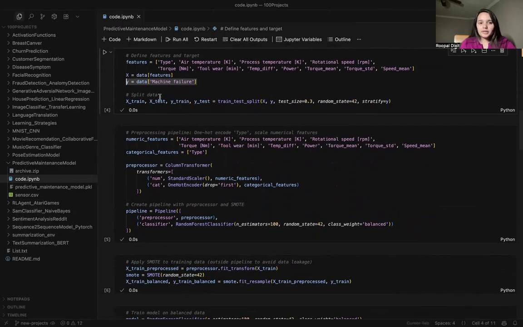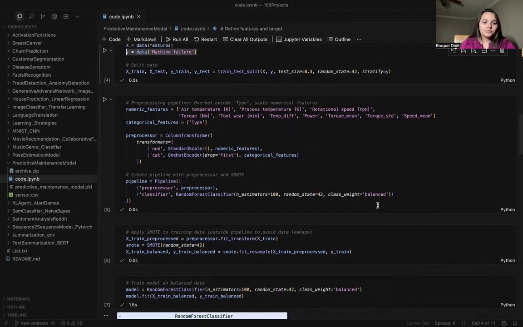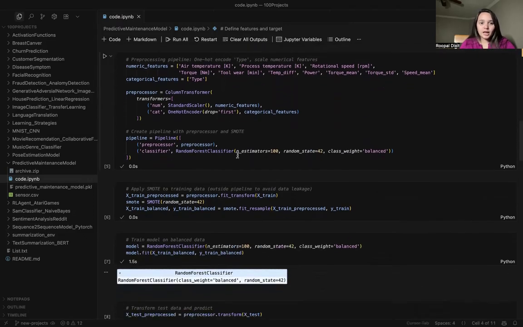On the basis of this, we are splitting the data with a test size of 0.3, that is 70% training and 30% testing, with random state 42 and stratify equals y. Next, we are building the pre-processing pipeline.